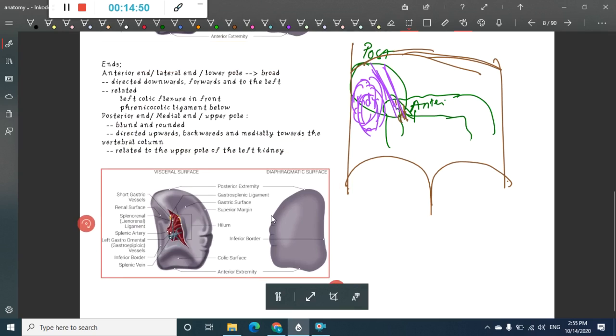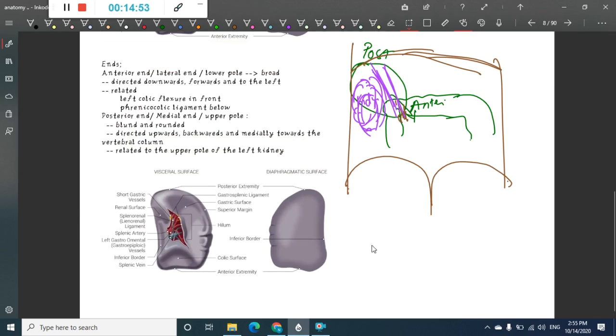So if you see here, you can see the borders. So what are the borders of the spleen? We have two borders. One, we have superior border or superior margin, and second we have inferior margin. Okay, so first in the superior margin, if you see, you can see that in the superior margin